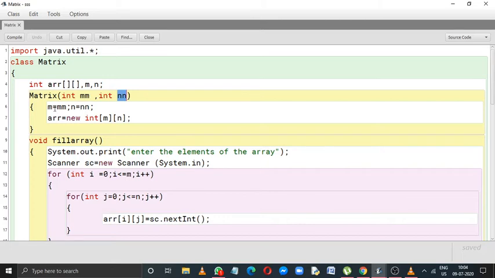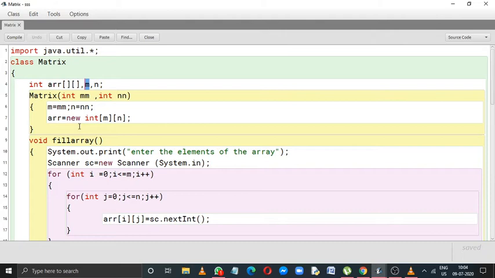After that, within the function, we have initialized the next two class variables with these two values. The two class variables are m and n. So m will receive the value of x1 and n will receive the value of y1. After that, the memory will be allocated for the two-dimensional array arr.